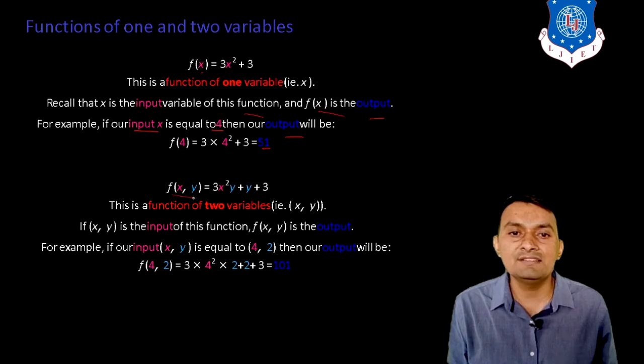In the same way, we can carry on for a function of two variables. This is our function f of x, y, which is a two-variable function of x and y. Here x, y is nothing but the input, and based on that we get the output, that is f of x, y. If I take 4 comma 2 as our input, what will be the output? That will be f of 4 comma 2, so x is replaced by 4 and y is replaced by 2. When we simplify, our answer is going to be 102, and that is our output.